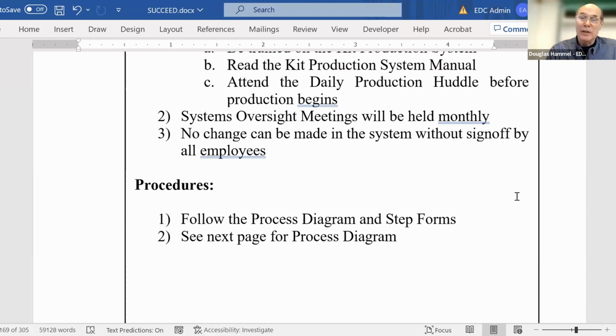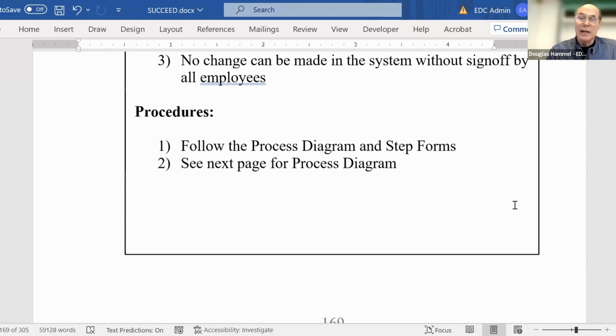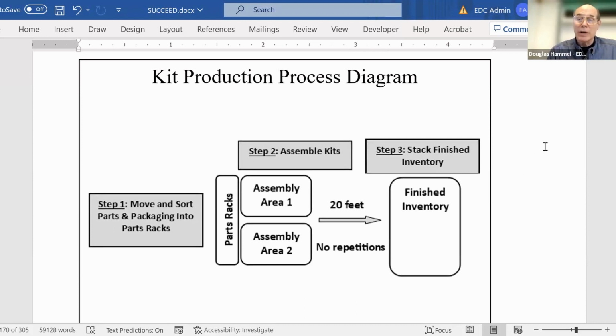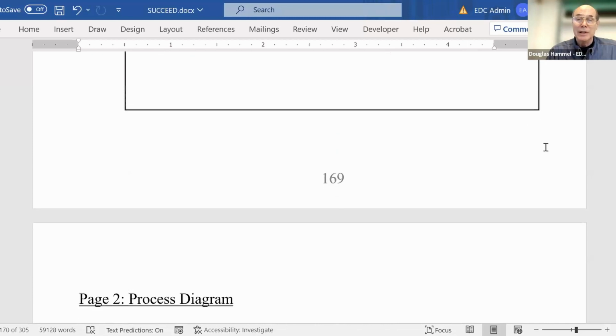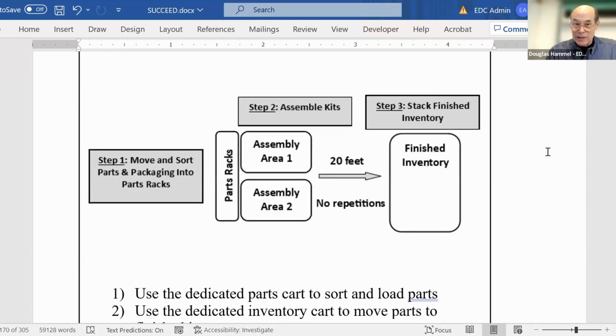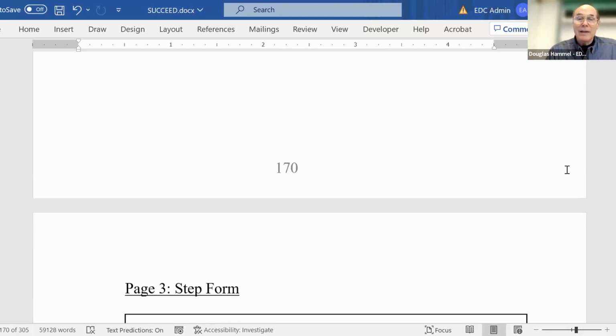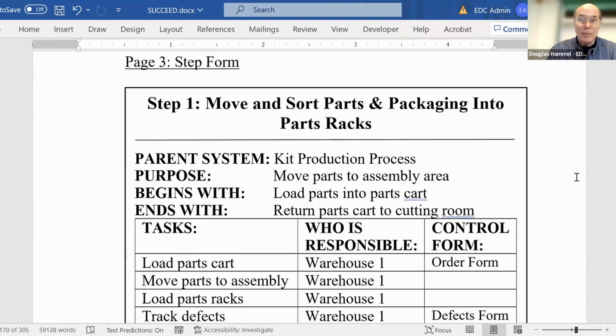Okay, so procedures: follow the process diagram and step forms. See next page for process diagram. So that looks familiar, right? There's our kit production process diagram. And you can see this by page. If an employee quits and you have to train somebody new, you hand them this diagram. There's the first page. There's the second page. They get a sense of what's going on. They get some instruction. Then we get a little more complex,